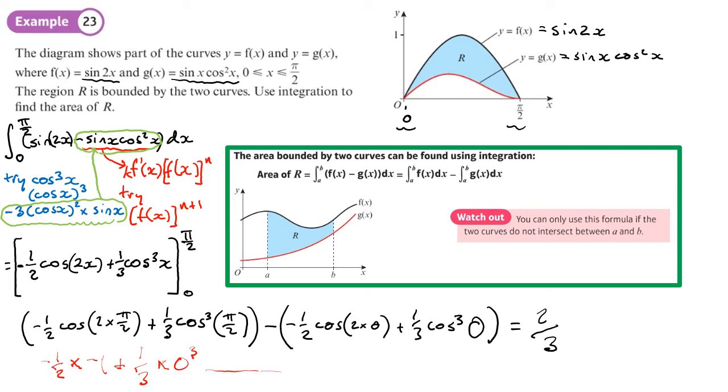That would have been quicker to work out manually that way, but as it goes, the final answer is 2/3, and like before, we're going to say it's 2/3 square units,